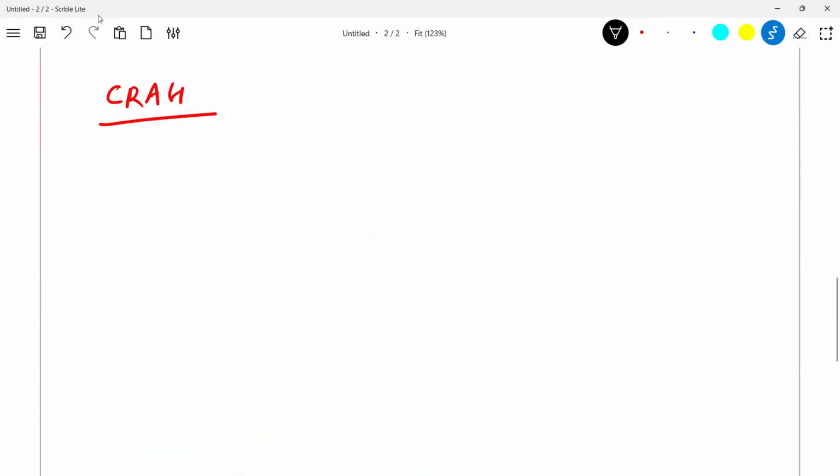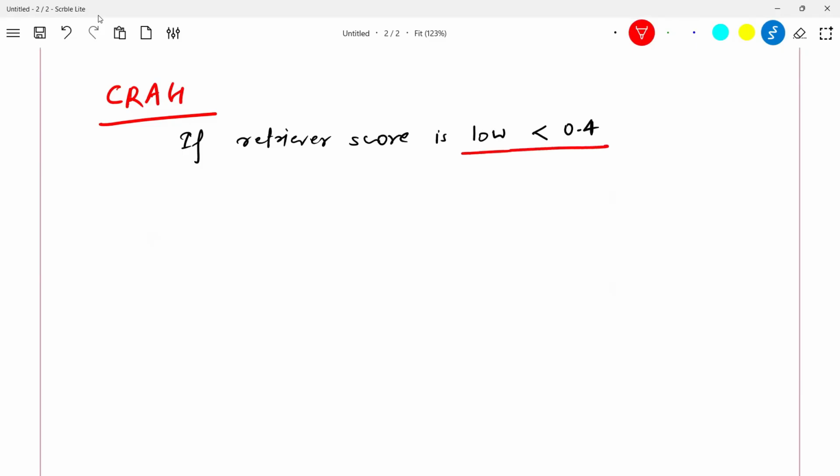If the retriever score is low, let's say you define a number, for example, if it is less than 40%, then I'm calling that a low retriever score. If that is the scenario, then your RAG becomes useless, right? So what do you want to do?